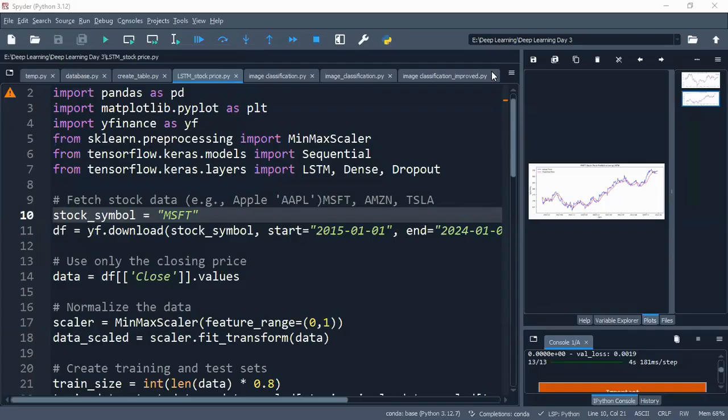Yes, I will share the code with you, not a problem. But before running this code, please install this Wi-Fi